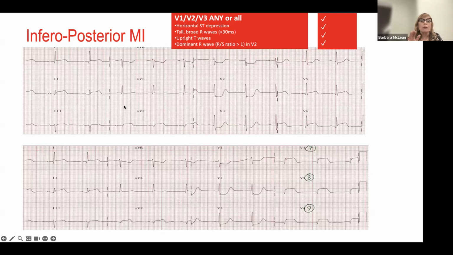And even if you were calling her a lateral STEMI, then the very next thing you need to do is look for the posterior reciprocals. ST segment should be flat on the baseline, but here it's depressed. Flat on the baseline, here it's depressed. ST segment depression, which correlates to the posterior surfaces,